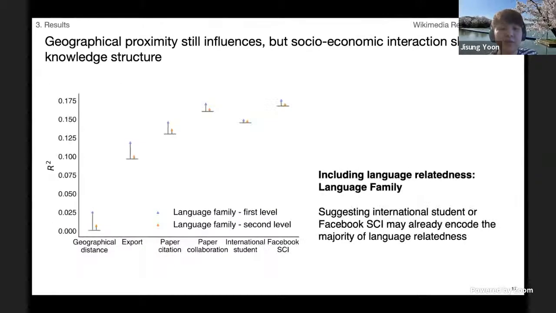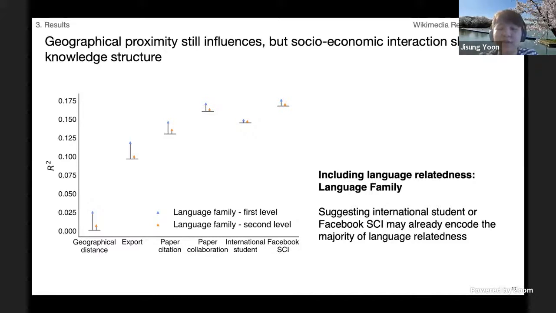Another aspect of the result is whether language relatedness matters for this kind of result. If the 2 languages belong to 1 language family, then it is much easier to learn the language, resulting in similarity in the knowledge structures. We also examined this concept with the data set, but the amount of increment is very small, just 0.3 or something like that.